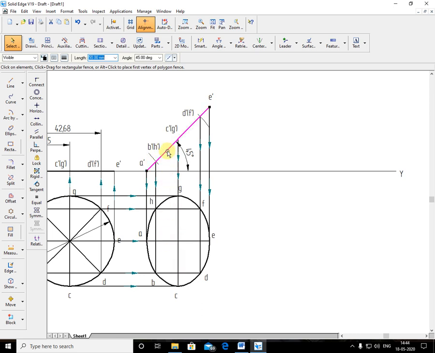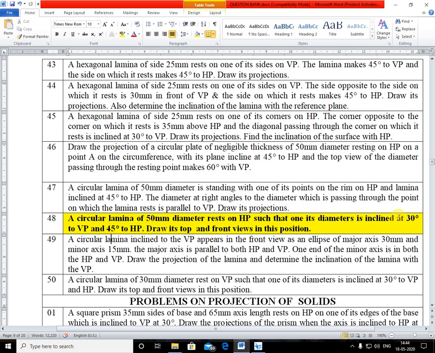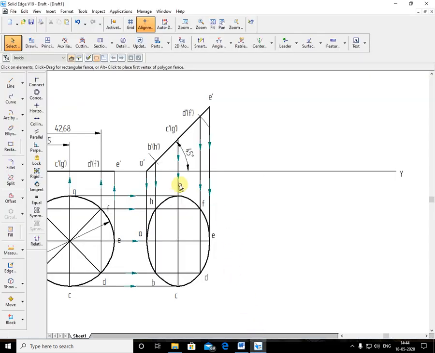Okay, now this AE has to make an angle with the VP. Now, how much angle? He has mentioned in the problem. The problem is 30 degree to VP. Now here, this diameter AE in second position top view is apparent. And true is here. How much true is here? AE is 50. And the angle given with VP is true. That's why, in the second position top view, the AE diameter is apparent and the angle given with VP is true. That's why I have to go for the beta angle method or locus method. Okay, right? So already you know it.